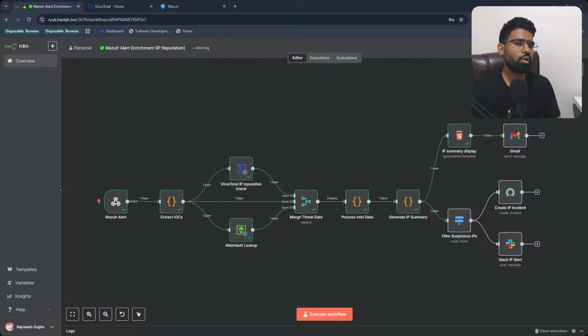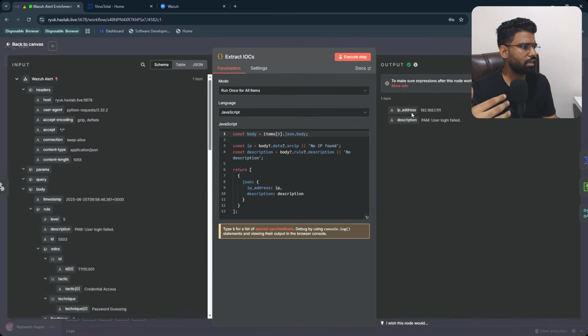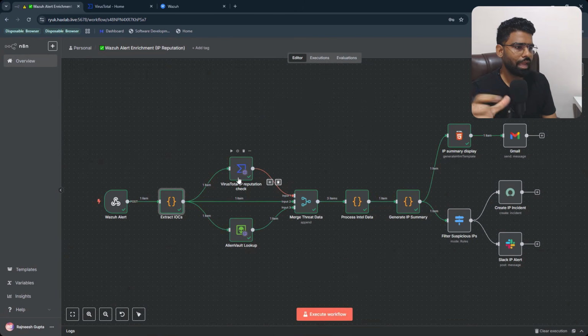All right, so this is our n8n workflow. It starts with the Wazuh alert. We are going to look at the alerts coming in from the Wazuh server. The moment we get the alert, we are going to extract the relevant information, for example, the IP address and maybe the alert name. You can see that here, IP address and the alert name, and then we'll be submitting that IP address to